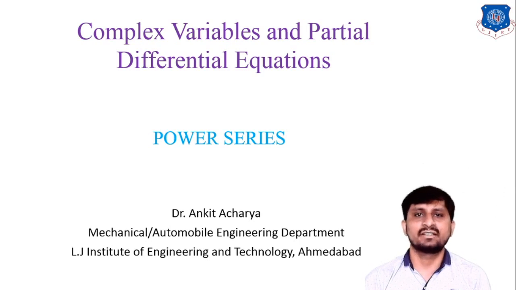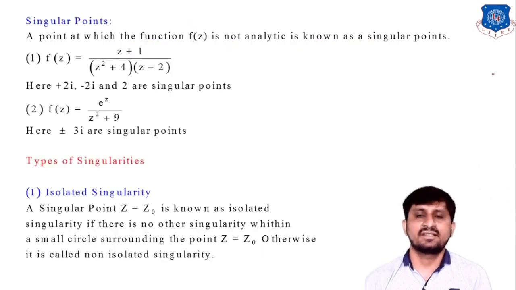As you all know the definition of singular point, but now the next concept is types of singularity. There are 3 to 4 types of singularity. First one is isolated singularity, then essential singularity, removable singularity, pole of order m. All the definitions are very important from the exam point of view. So let's see how we define all these definitions. First, let's revise the definition of singular point.